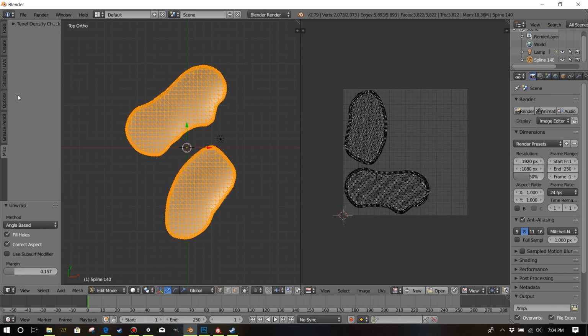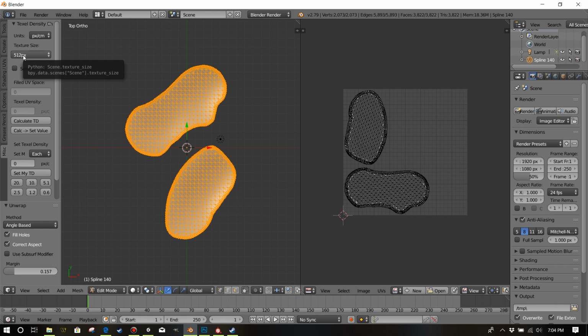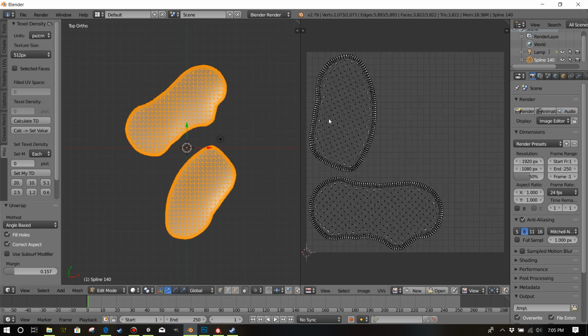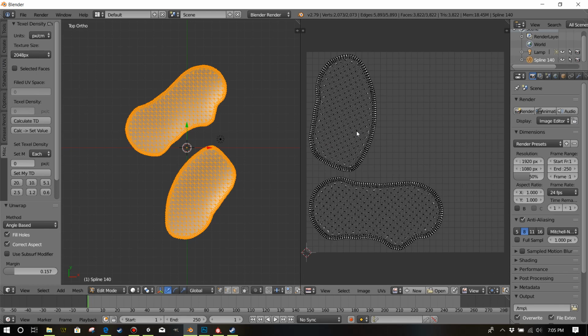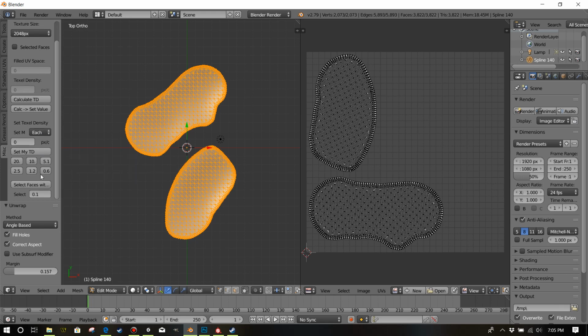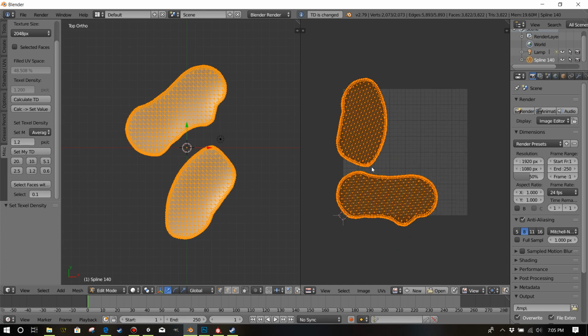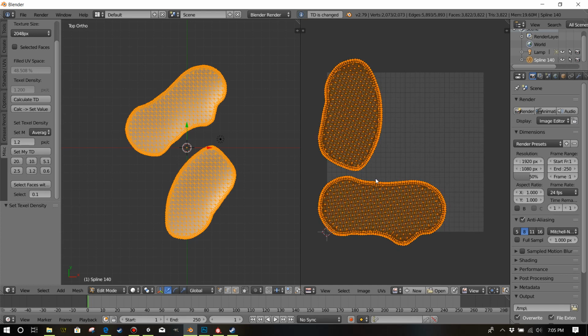Now, I also have a program called Texel Density Checker. It's free on Gumroad. If you Google Texel Density Checker Blender, you'll get this program, and I've got that loaded up here. It shows up in the miscellaneous tab once you load it. The texture size here, you can see these edges are going to be real small. You have to make this a 2048 texture. If you come in here, set your method to average, change this to 1.2, and set my TD,